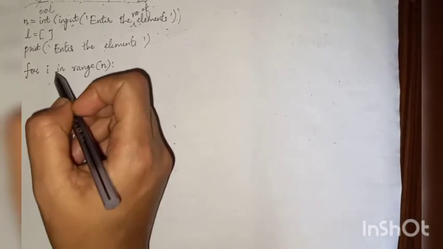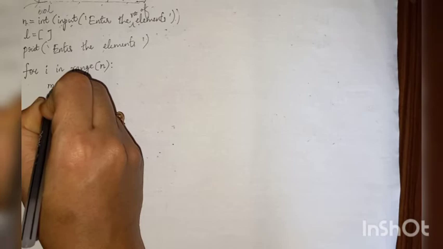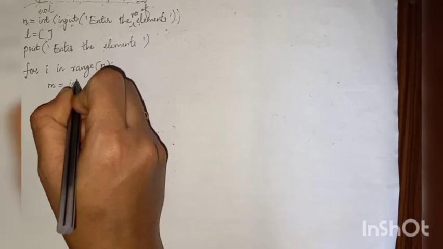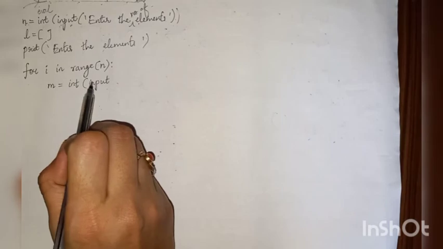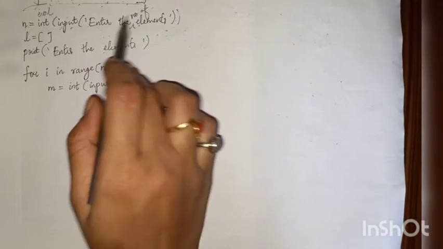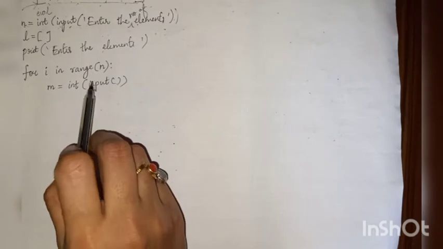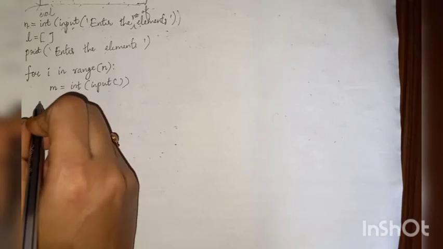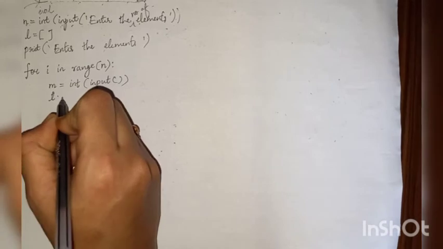So that value can be entered as, I am giving the name as m. m is equal to int input. In the input I am not giving anything, because I don't want any prompt or anything to be printed. You will see what happens. Just I am giving input, bracket, nothing is given. Then close the bracket. Then we have the list L dot append